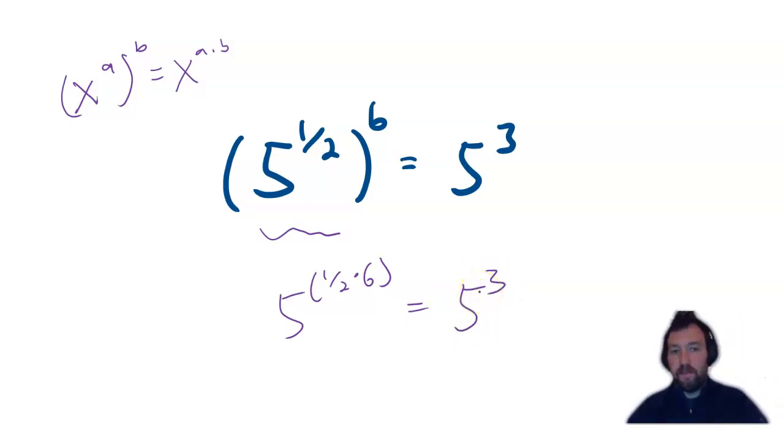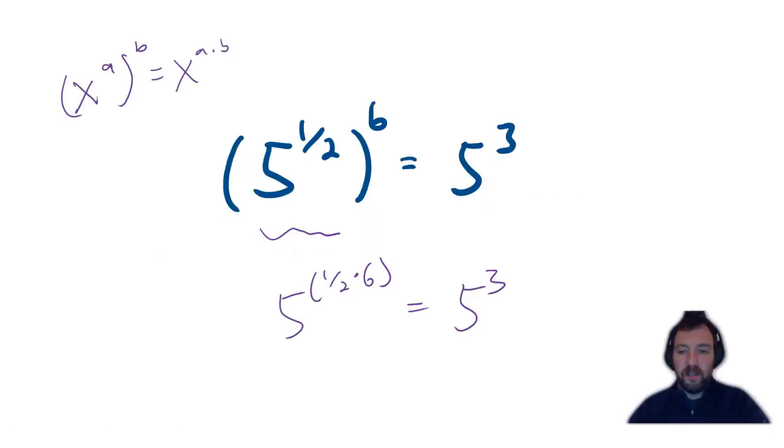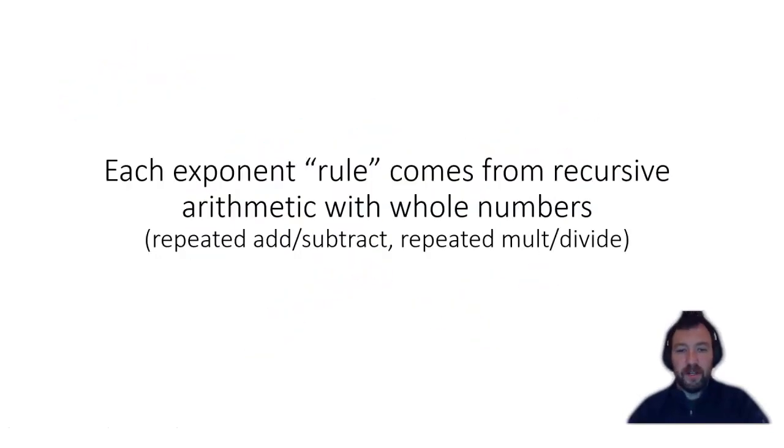And so I've applied rule 2 to make sense of this. And if you go to your calculator and you type in 5 to the 1/2 all raised to the 6, you will get 5 cubed, or 125. Okay. So to kind of conclude here, you should be able to do this with variables or numbers, use these